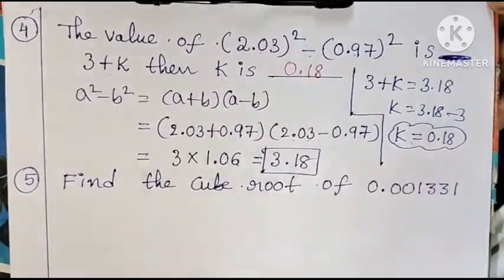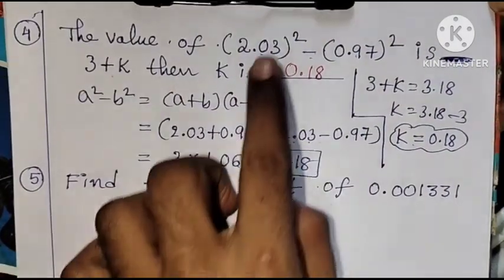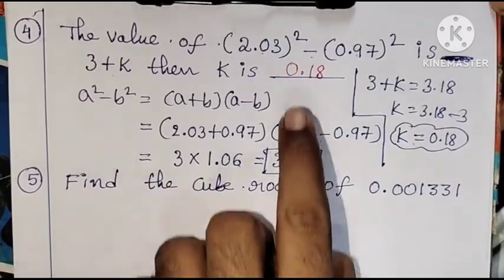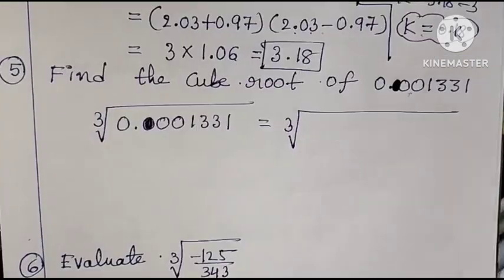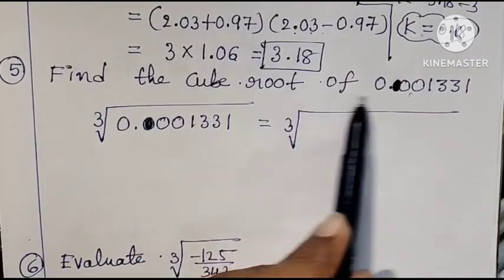Therefore k is 0.18. Okay na? సో ఈ వాల్యూ ఆల్రెడీ మనం సాల్వ్ చేస్తే 3.18 వచ్చింది. 3.18 దేనికి ఈక్వల్ అన్నాడు వాడు? 3 ప్లస్ కే అన్నాడు కదా, ఈ 3 ప్లస్ కే. దెన్ ఫైండ్ కే వాల్యూ. నెక్స్ట్ క్వశ్చన్, ఫైండ్ ద క్యూబ్ రూట్ ఆఫ్